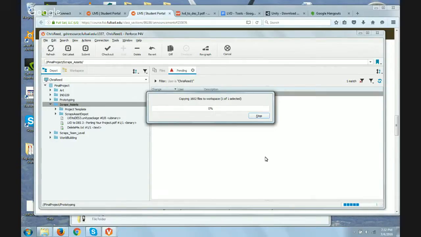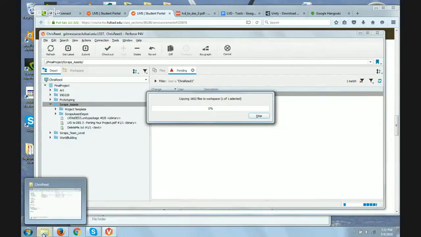And so that brings me to another question. If I want to actually start working on it, do I open Unity and then click the open button and navigate into my workspace for that folder? Template folder? Yeah, what you're going to do is, once this is done updating, copy the project template folder into a folder that has your name. So like if you go P4,